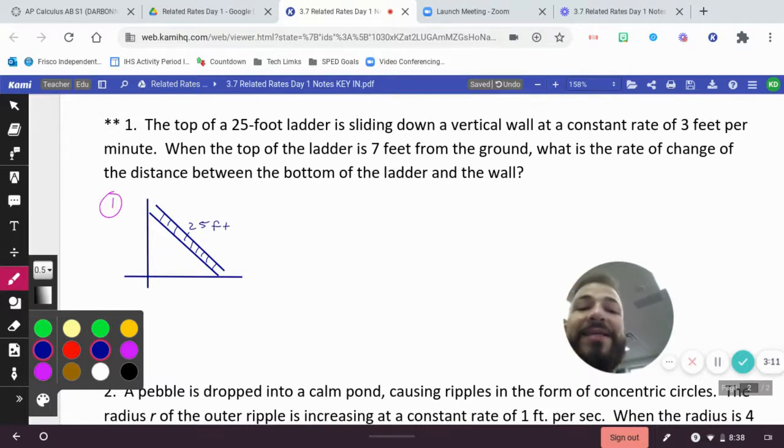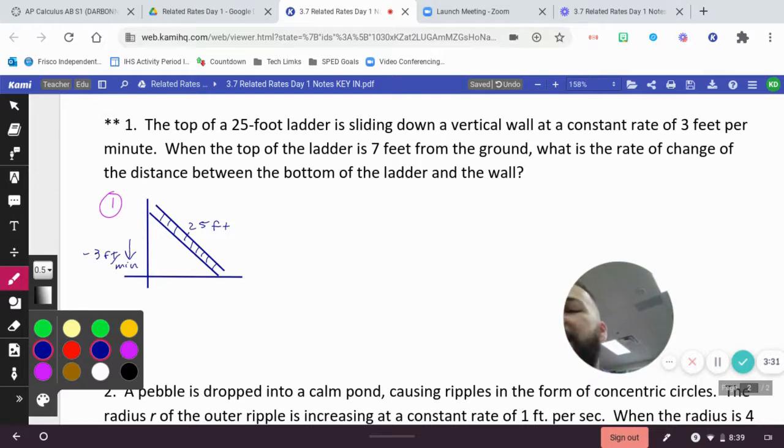And it's sliding down a vertical wall at a constant rate of 3 feet per minute. Notice how I made that negative, because if it's sliding down the wall, then that wall side should be decreasing in length. Okay. When the top of the ladder is 7 feet from the ground,